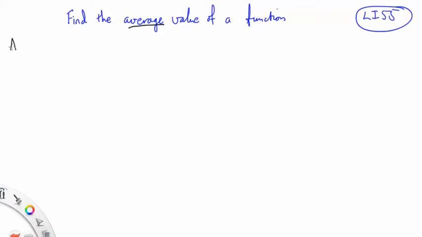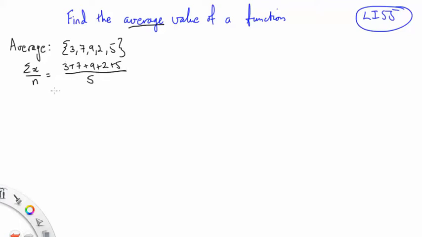So if you remember, the way we find the average is, if we've got a data set, say we've got 3, 7, 9, 2, and 5. There's our data set, and we want to find the average value. What we do is we add up all the values, sum of x, and divide by how many there are. So we add all the values, 3 plus 7 plus 9 plus 2 plus 5, and divide by how many there are. So there are 5 values, so we get 26 on 5,